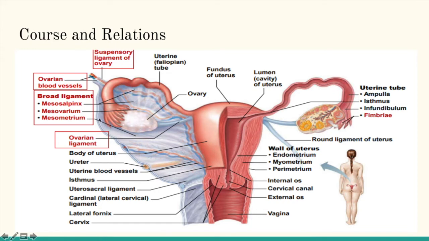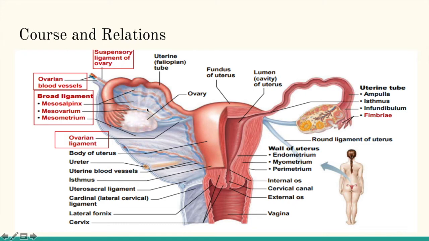You can observe here, this is the broad ligament. This broad ligament has two layers. Out of this, one layer is the anterior layer, and the one behind is the posterior layer. This broad ligament encloses the fallopian tube along with the uterus. Here there will be the ovary. The ovary's location is exactly inferior and posterior to the fallopian tube.